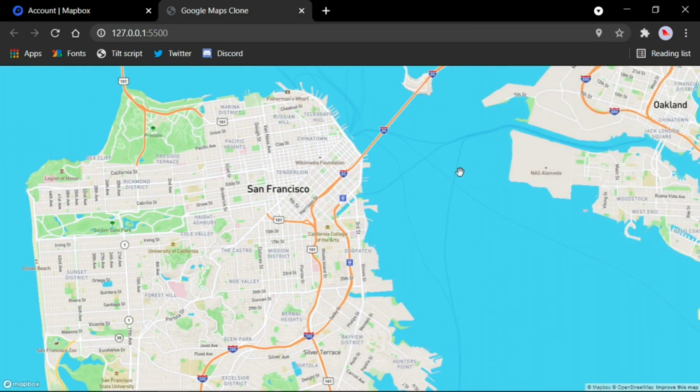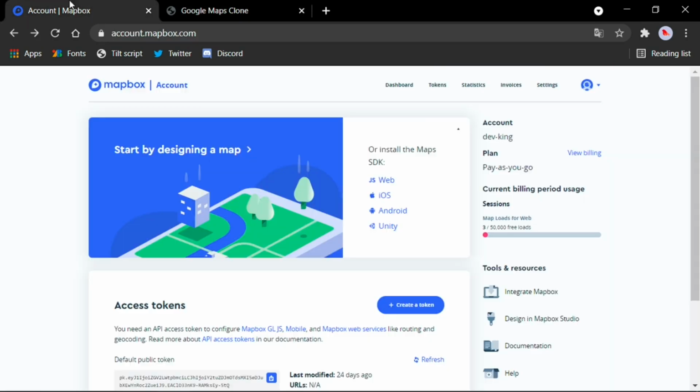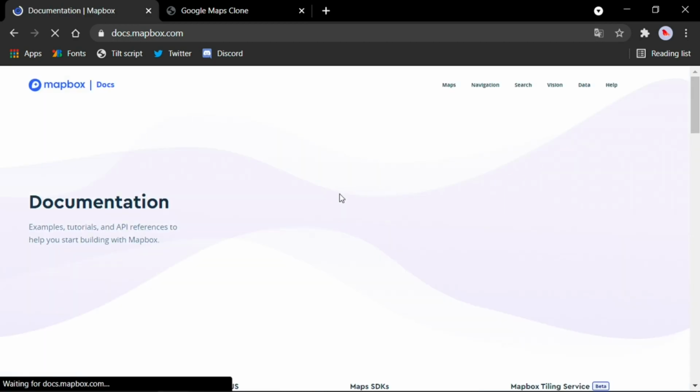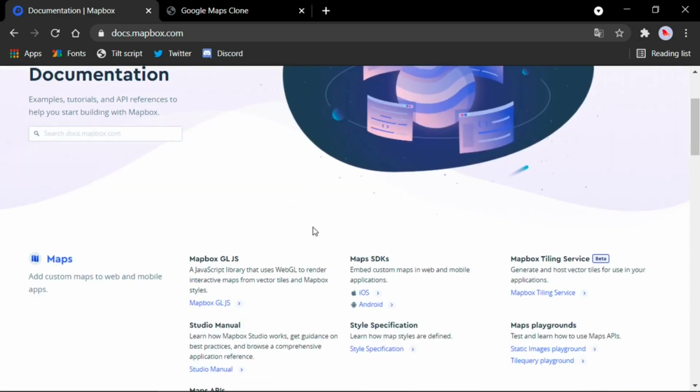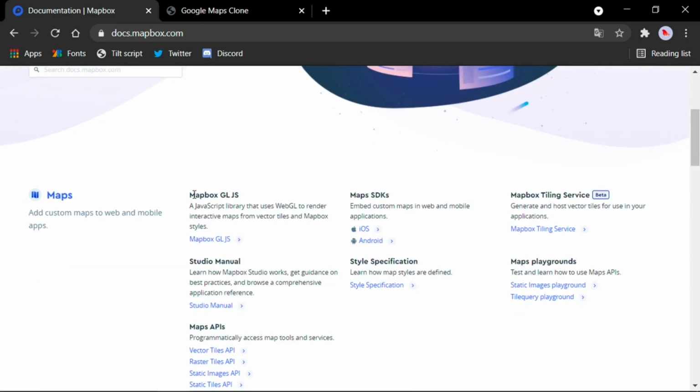Okay, more like Google Maps clone, we will now add the ability to find directions. So let's go to Mapbox here, and here click on documentation. This will bring us to documentation here, and then click here which says Mapbox GL JS.